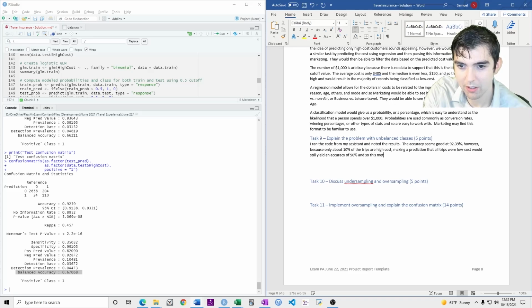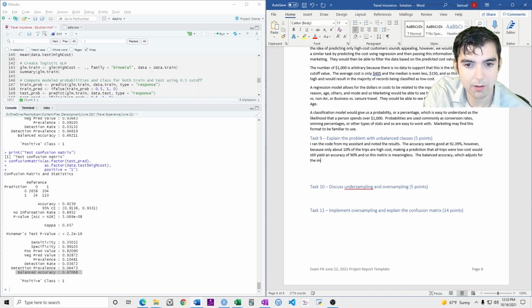So this metric is meaningless. The balanced accuracy, which adjusts for the imbalance of classes, is poor at only 67%. The kappa, which is between 0 and 1, is low at only 0.457.